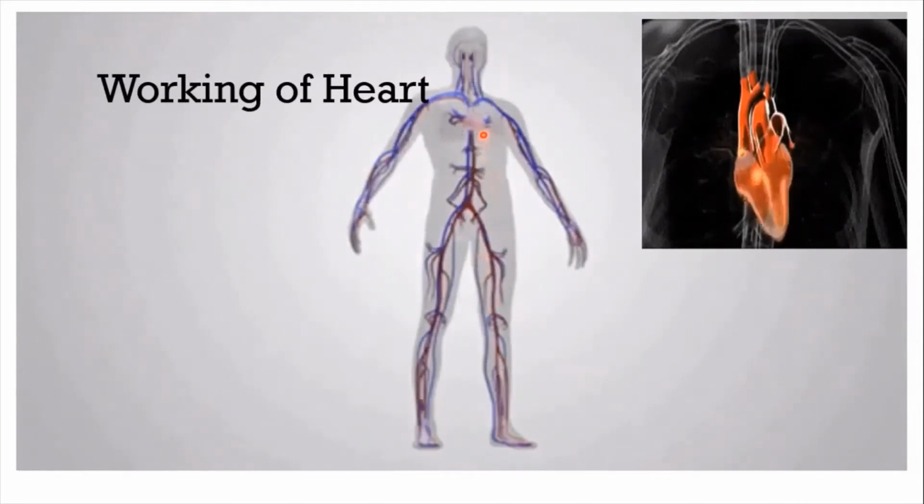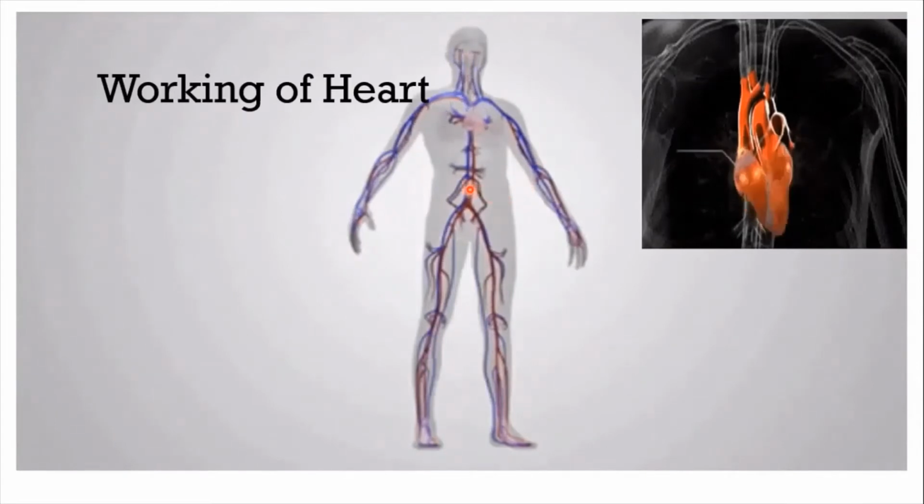The heart is the pumping station of the circulatory system. It pumps blood around the body, supplying oxygen and nutrients to all the cells and removing the waste materials. The heart serves as a pump to circulate the blood and maintains the continuous flow of blood throughout the body. So the continuous flow of blood is maintained by the heart. How does the blood flow through the heart?